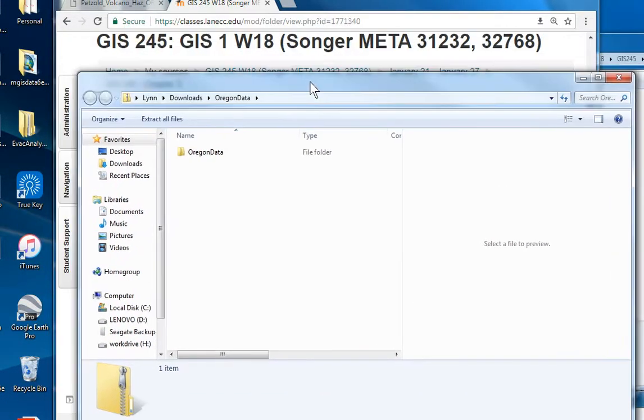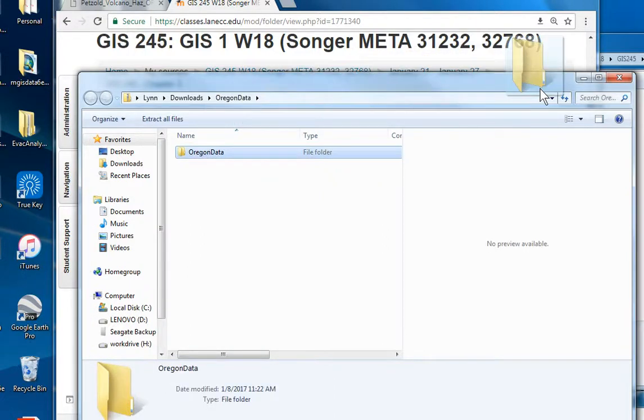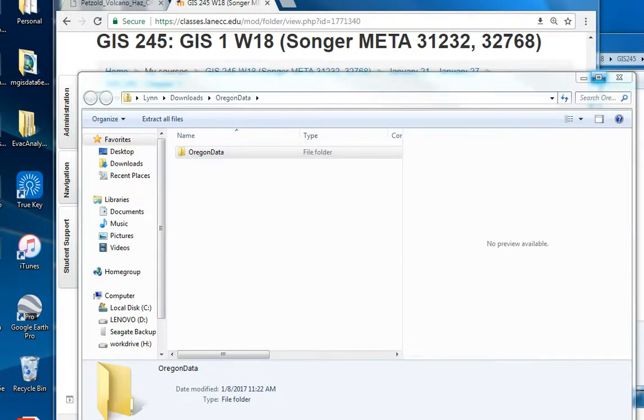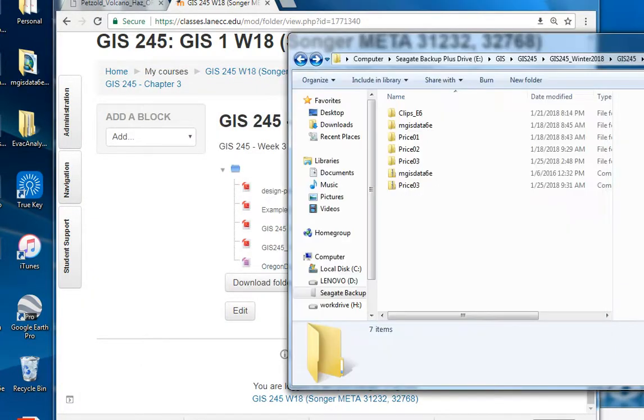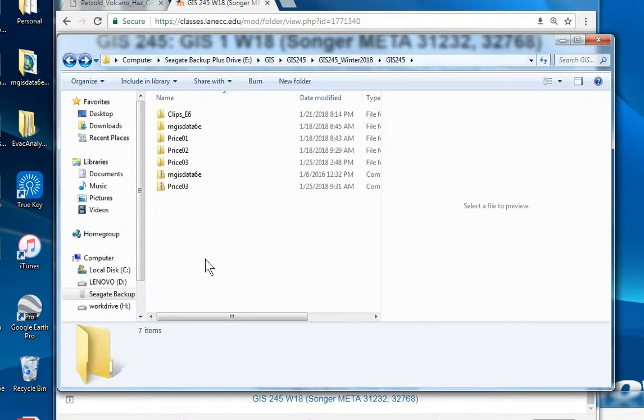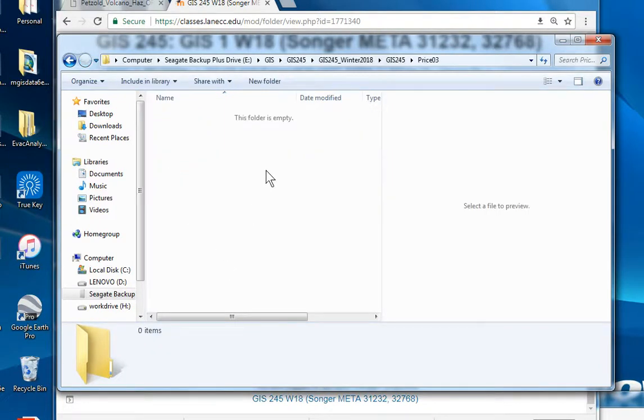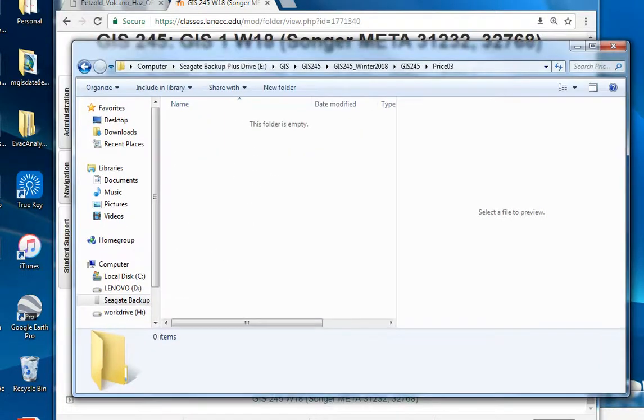So here is the data, and you unzip it, or you can open up the zip file and drag it to your desktop. And I'm going to throw that away when I'm done with it, so I'm not too worried about saving it someplace. I'm going to make a folder called Price 3, and then in that folder I'm going to